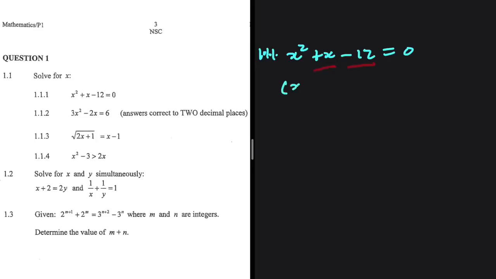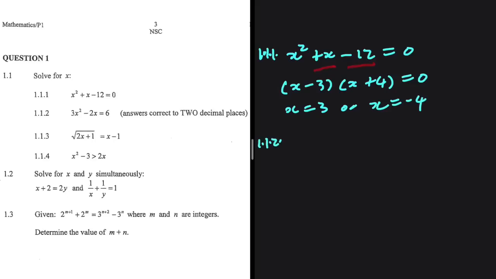So we're going to have x minus 3 multiplied by x plus 4 being equal to 0. x is equal to 3 or x is equal to minus 4. Just like that, we have answered 1.1.1. Let's go ahead and take a look at